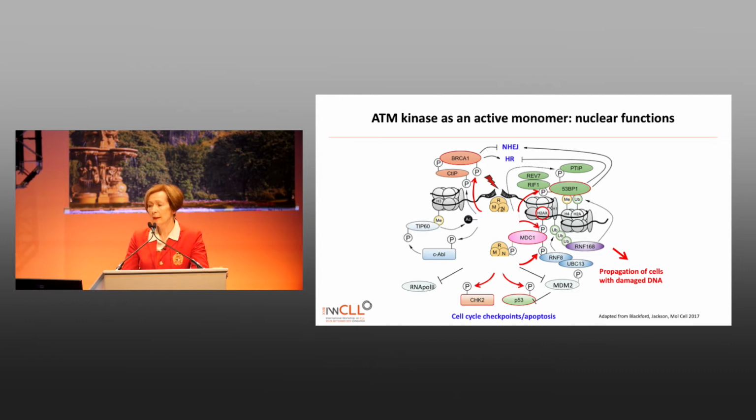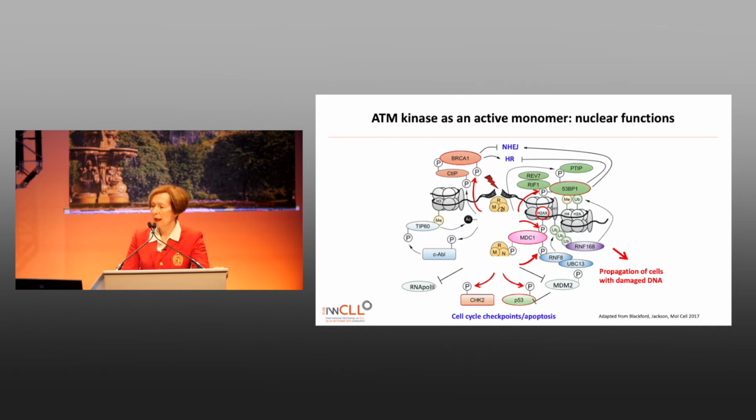And if DNA damage is excessive in the cell, then ATM has the ability to activate p53 and cell cycle checkpoints and induce programmed cell death, or apoptosis. So it is obvious that one of the most important effects of loss of ATM function is propagation of cells